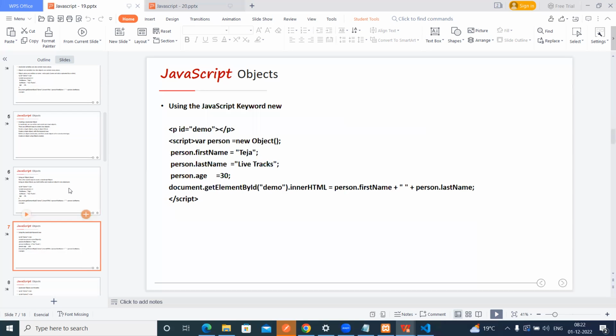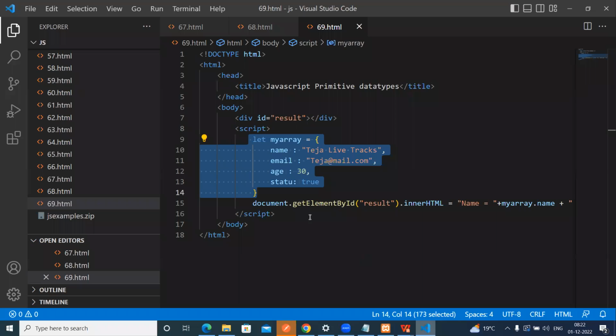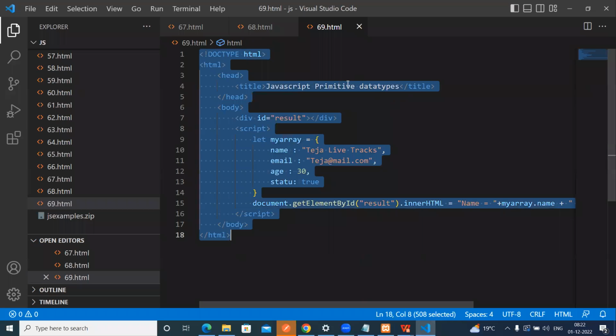The next one is using the new keyword. Then we can see how we can create an object. First we create an object, so based on that object we can